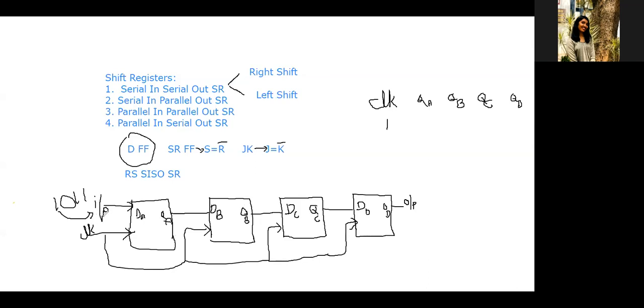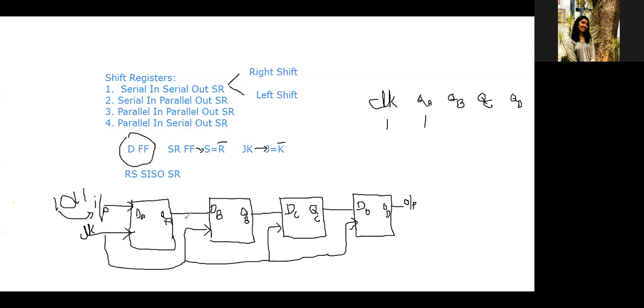So here the input we are having, this 1, is connected to the DA. So this DA value is equal to 1, which means automatically the QA value is also equal to 1. Is there any data across DB, DC and DD? There is no data. Why?